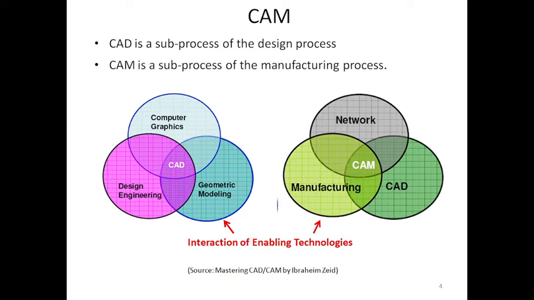In this slide, this is a conceptual view to show what is CAD and what is CAM. CAD is basically said to be an intersection of three kinds of technologies. One is the design engineering or the engineering design concepts. For example, mechanics of material, theory of machines, all the fundamental theories are part of computer-aided design,